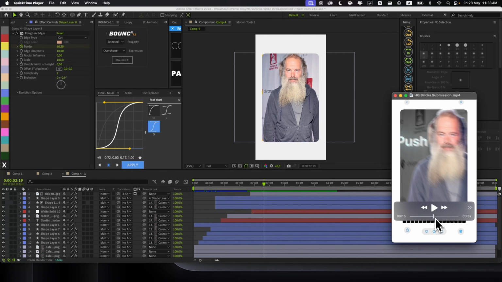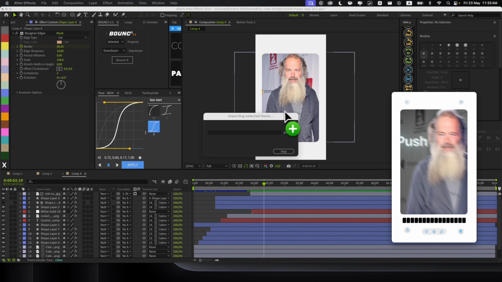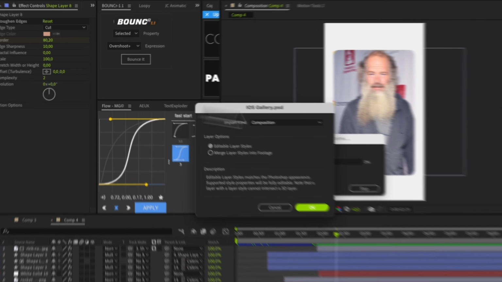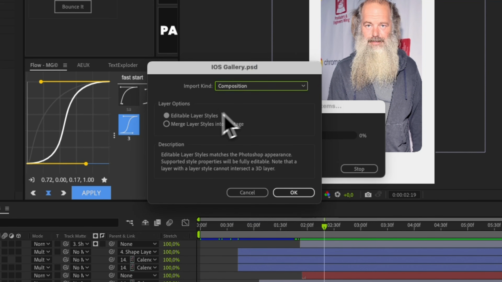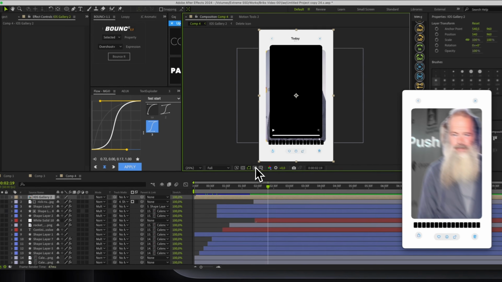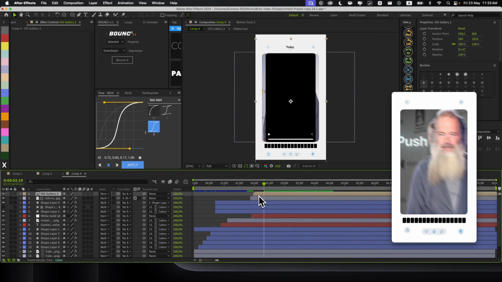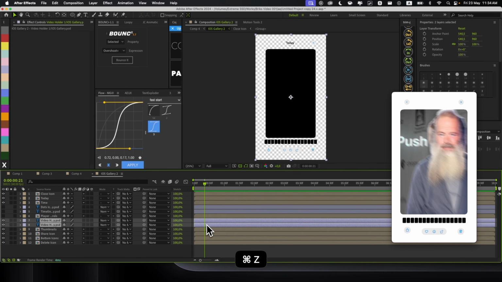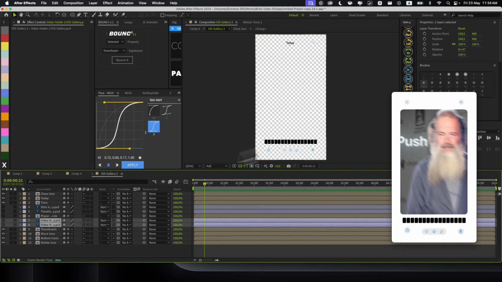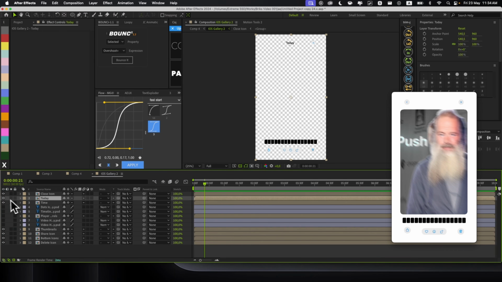Continuing to the last scene, we're gonna add those iOS gallery items. So I'm just gonna drag and drop this PSD file. Make sure to select composition and this option and press OK. Scale it a bit down. Then you're gonna remove part here, so here it is, so we're gonna hide it. You can remove this to the,